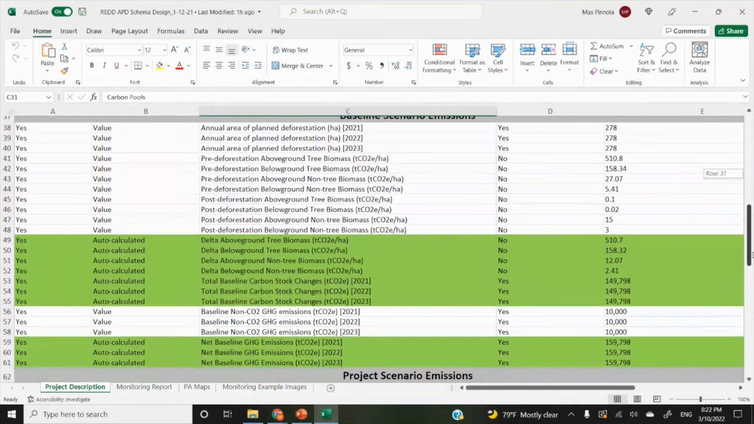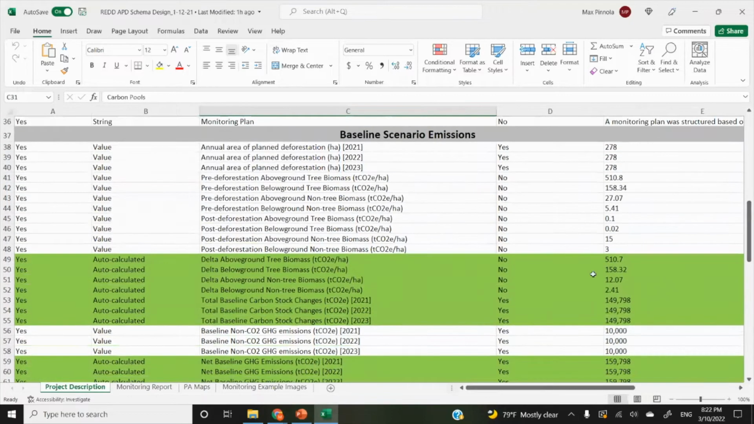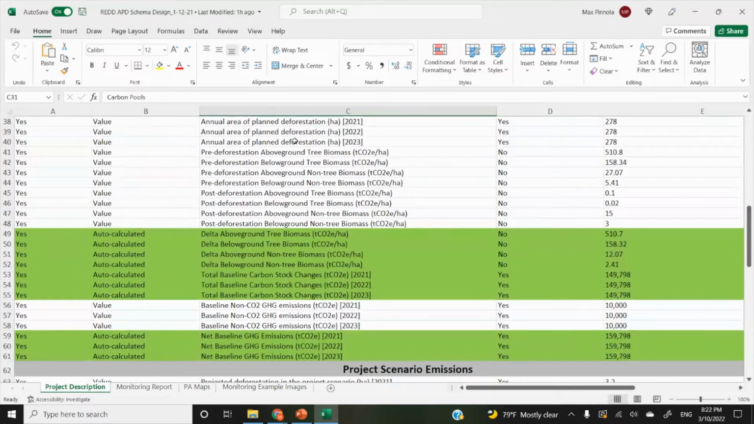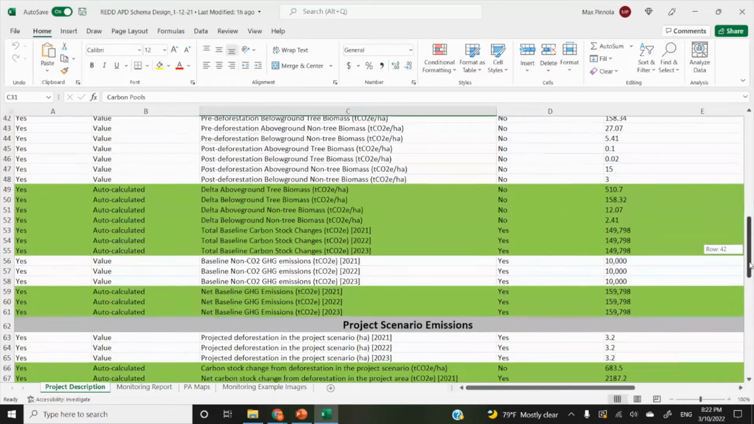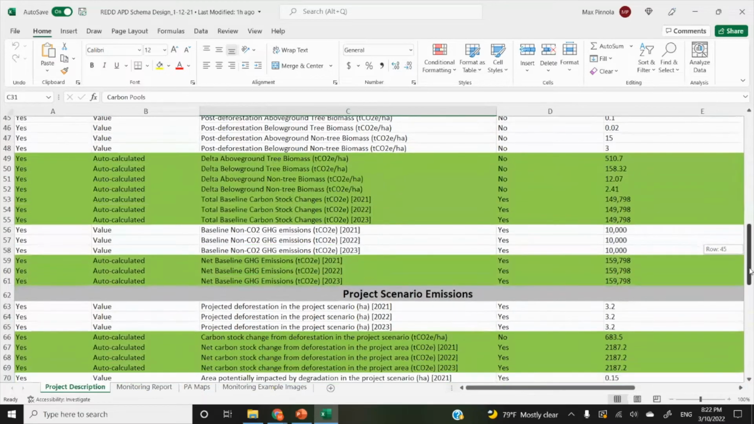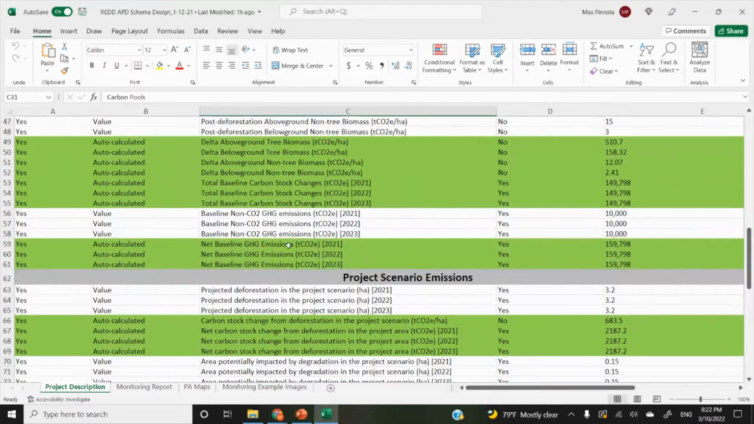in the absence of the project activity, and then the net baseline emissions calculated here, which is based on these carbon stock changes as well as some non-CO2 GHG emissions. In this case, they are going to be mostly from the burning of biomass, but different project scenarios will have different sources. And then in the project scenario,